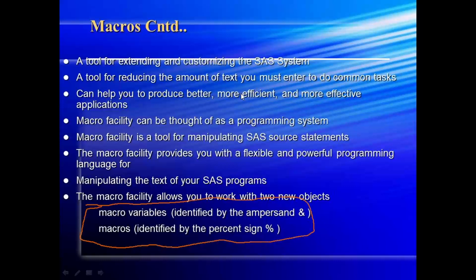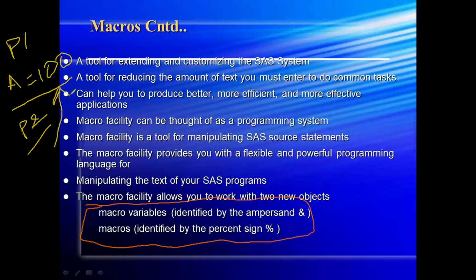So what do you mean by a macro variable? If you remember the earlier programming that we learned, we created a SAS variable and assigned a value to it. Assume that you have created a variable and a value is assigned. You cannot make use of that particular value in any other program apart from the one where you created it. So again, if you wanted to make use of it, you are supposed to create a variable and assign a value again. To overcome this, we are going to now create a macro variable.